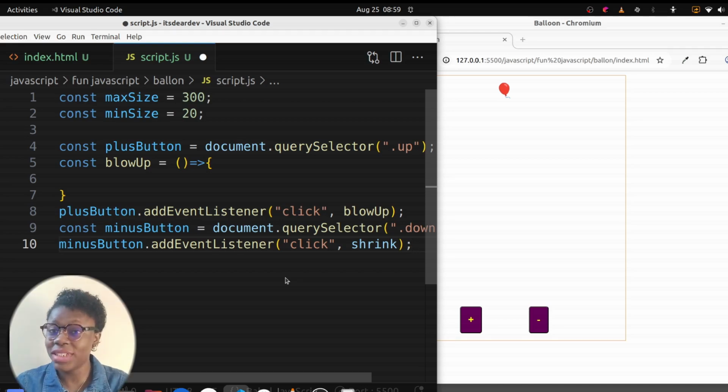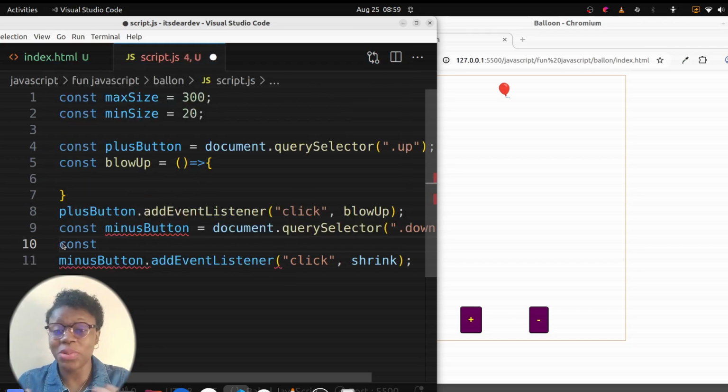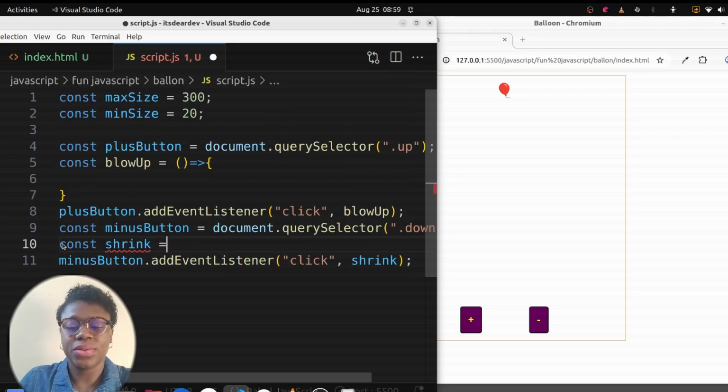So we have not defined our shrink function. We need to define that. It's a const as well because I'm not expecting the function to change. It is immutable. We are not using anything to change the value. The value remains the way it is. Shrink will be equal to